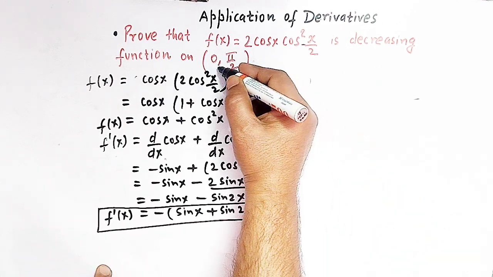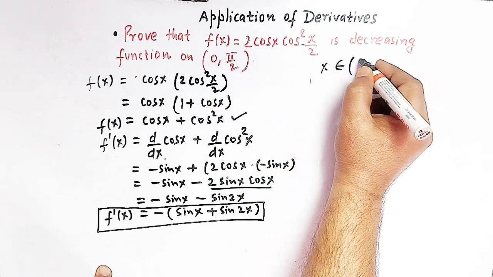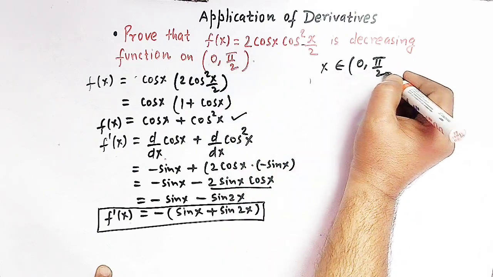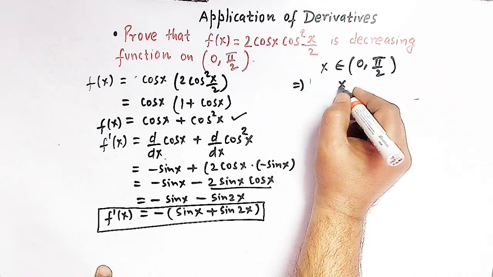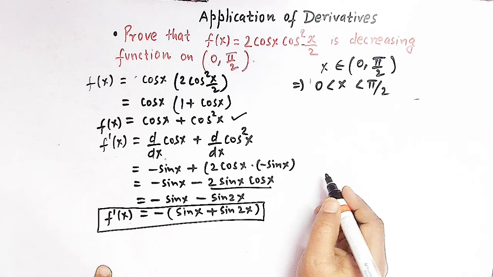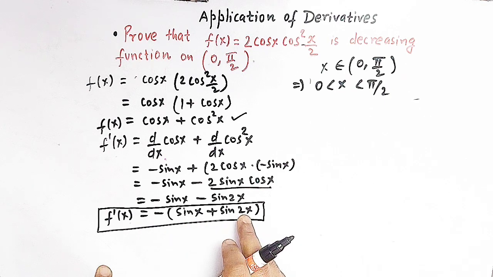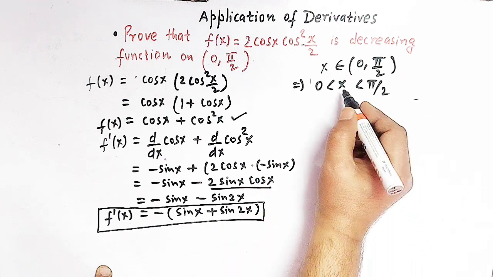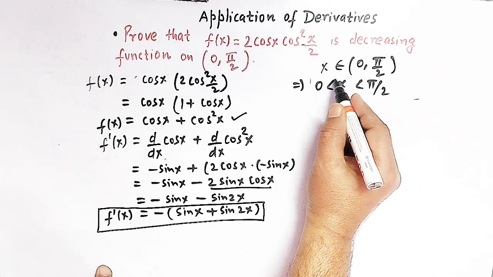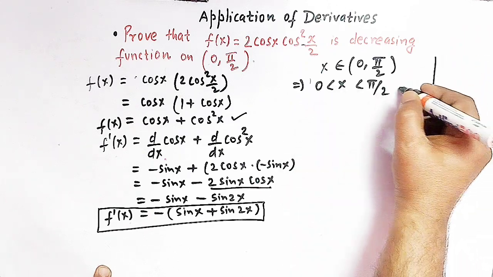So now let us see this interval. So here x belongs to 0 to pi by 2. So this suggests that x should be greater than 0 but less than pi by 2. Now here we have the combination of two terms, that is the sum of sine x and sine 2x, right? And when x is greater than 0 but less than pi by 2, it implies that we are in